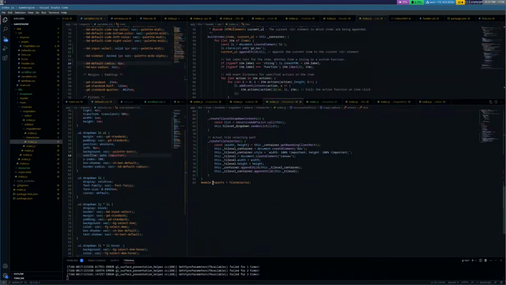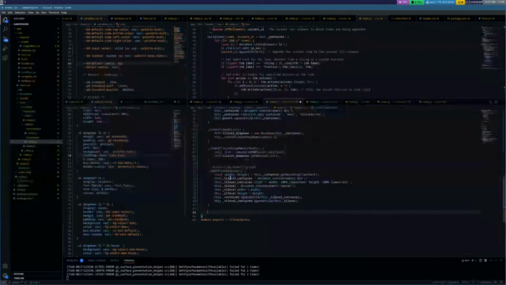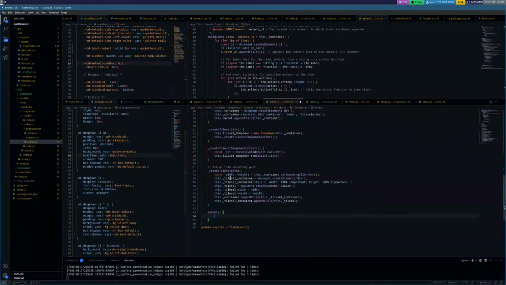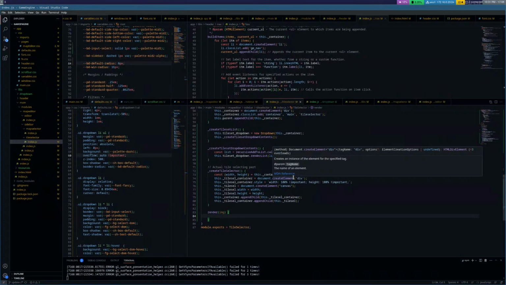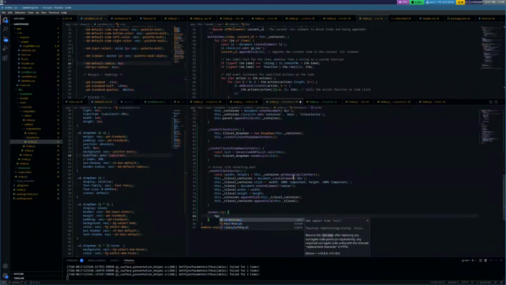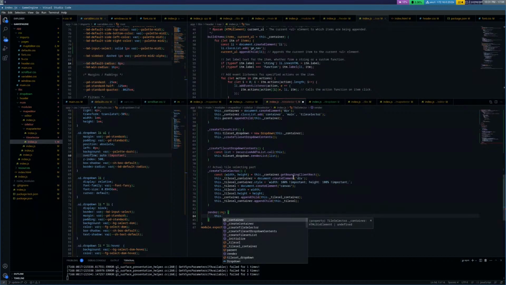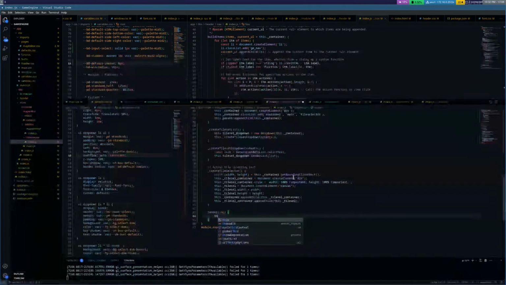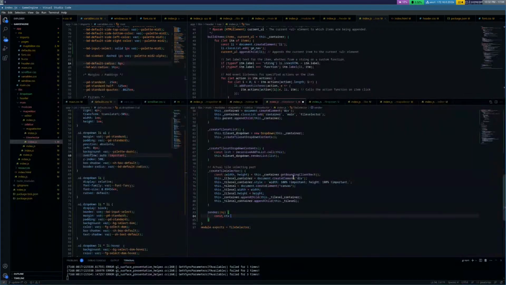Okay. Now we can do the render function, right? Yeah. So render, img. This dot current render equals img. Nah, we don't need that. So let's do this dot tile cell. Okay, yeah. Const ctx equals